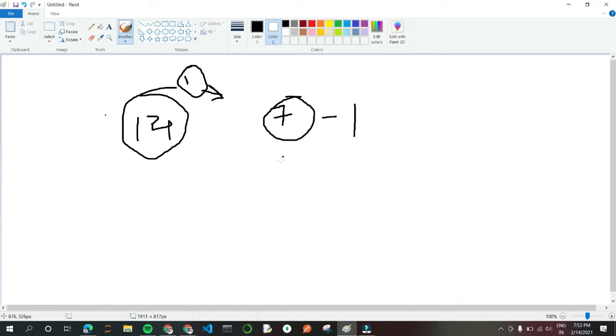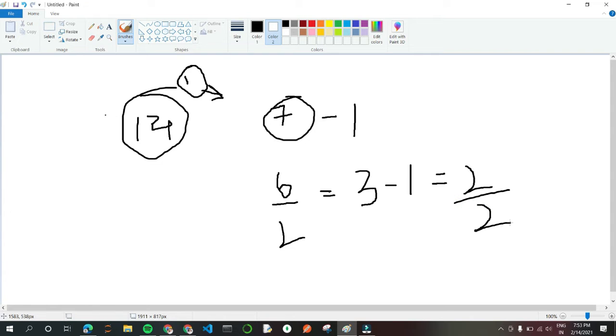Now the answer is 6. 6 is an even number, so we will directly divide it by 2, so it will be 3. In the same manner, it is odd, so we will subtract 1 from it, and then the answer will be 2. Now the number is even, so I will again divide it by 2, and the answer will be 1.